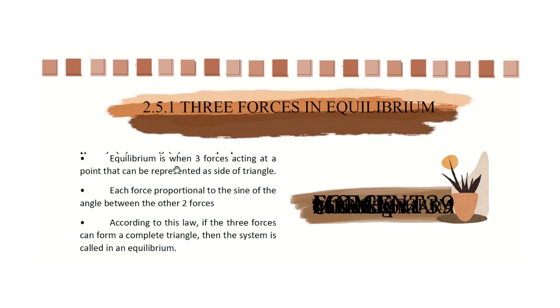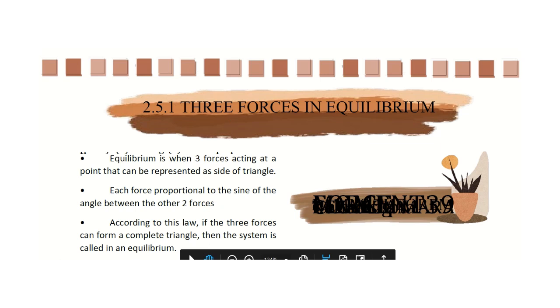Here is the definition of equilibrium. Equilibrium is when three forces acting at a point can be represented as the sides of a triangle, each force proportional to the sine of the angle between the other two forces. According to this law, if the three forces can form a complete triangle, then the system is called in